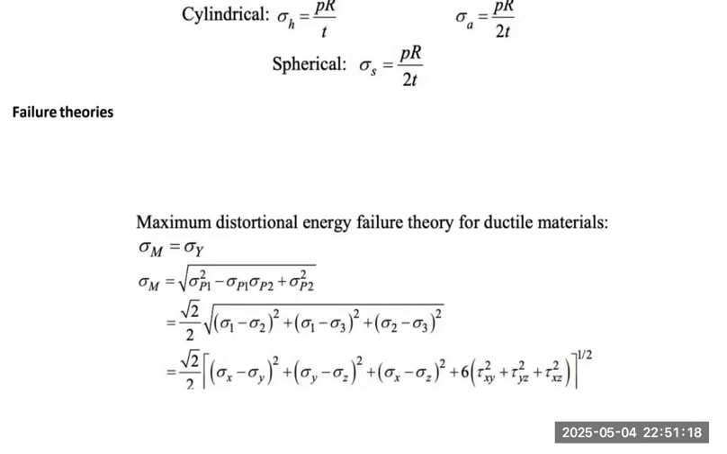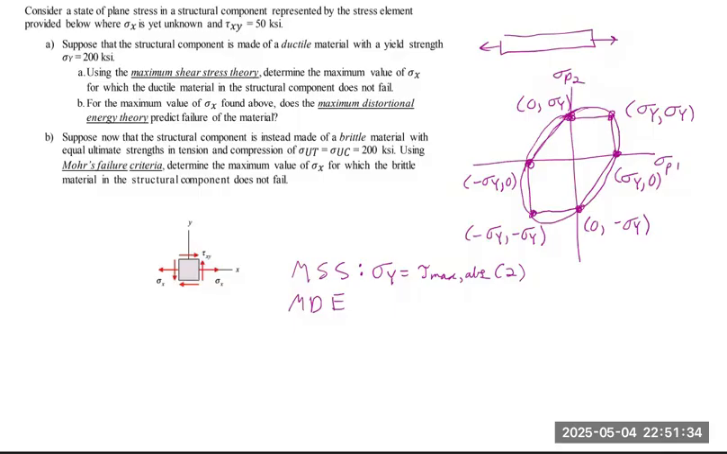Thus, we can apply these to our problem. So we can write that down here. MDE says that the yield strength is equal to the von Mises stress, and the von Mises stress is equal to the square root of principal stress 1 squared minus principal stress 1 times principal stress 2 plus principal stress 2 squared. Well, this will come in handy. For part B, we have to